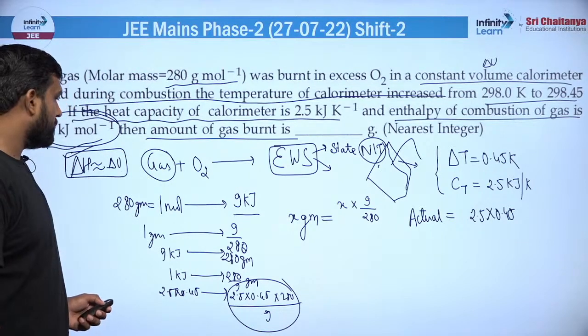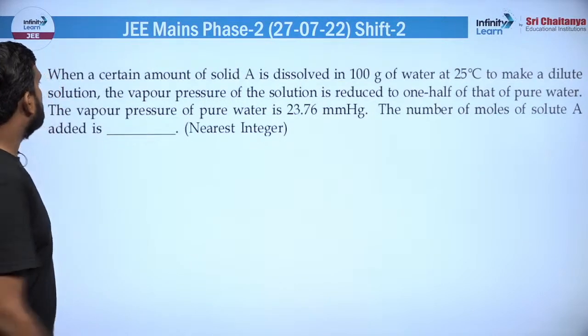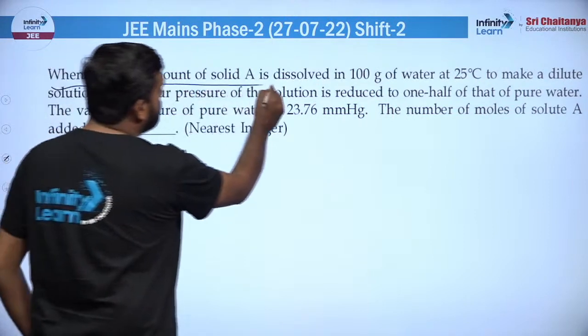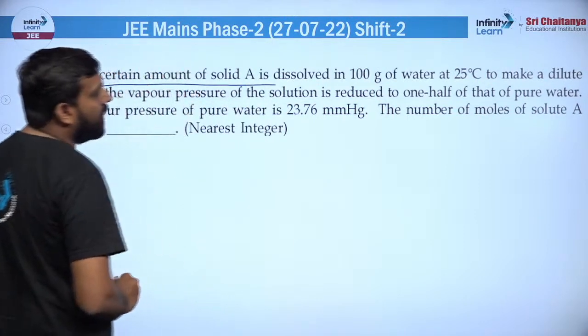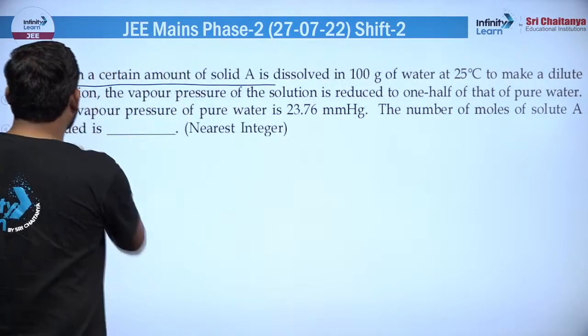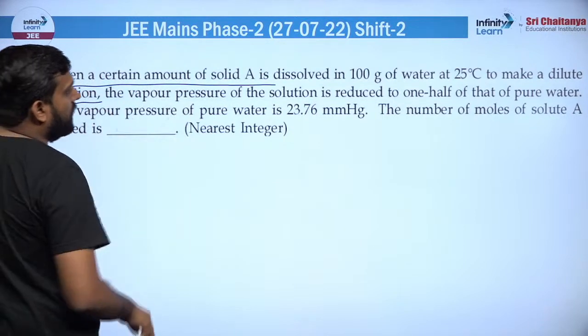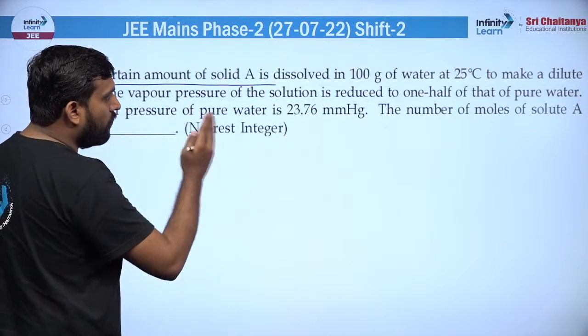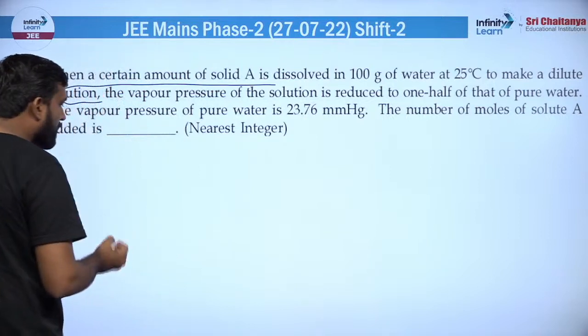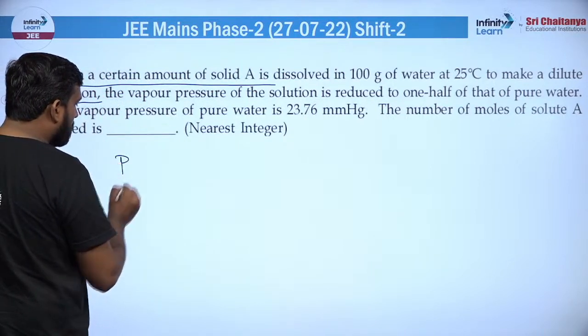चलिए आगे बढ़ते हैं नेक्स्ट क्वेश्चन की तरफ। व्हेन अ सर्टेन अमाउंट ऑफ सॉलिड A इज डिसॉल्व्ड इन 100 ग्राम ऑफ वाटर टू मेक अ डाइल्यूट सोल्यूशन, द वेपर प्रेशर ऑफ द सोल्यूशन इज रिड्यूस्ड टू 1/2 ऑफ द प्योर वाटर, ठीक है।